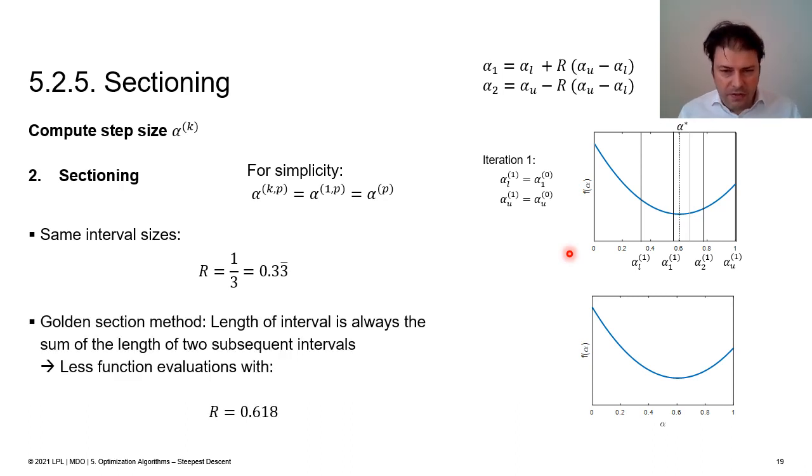There is another method that turns out to be more efficient, and this is based on the golden section. So for the golden section, the length of the interval is always the sum of the length of the two subsequent intervals. And that leads to a ratio of 0.618, so that's fairly well known. That's the ratio of the golden section. Well, and if you do this, what you find out is that